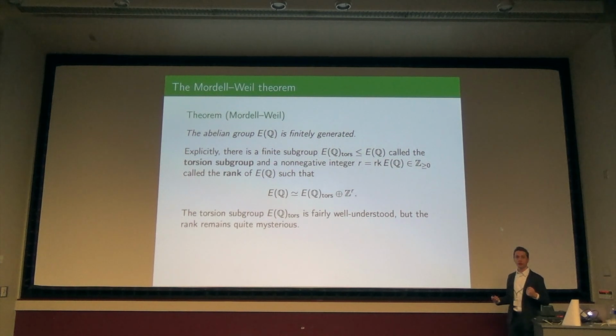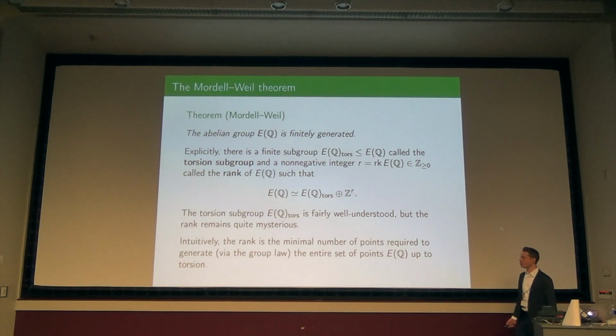So the torsion subgroup is a passion of many. It's fairly well understood, so not the topic of today. The rank is totally mysterious, this number r. Okay? So the question of whether or not there are finitely many or infinitely many solutions is what question about the rank? That's the question: is the rank 0 or not? Okay? And I'm claiming that it's mysterious, I'm going to have a heuristic. That's still where we're going.